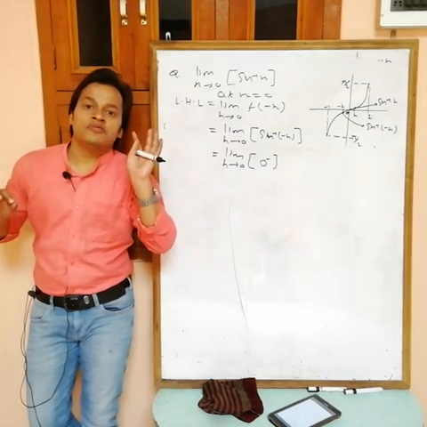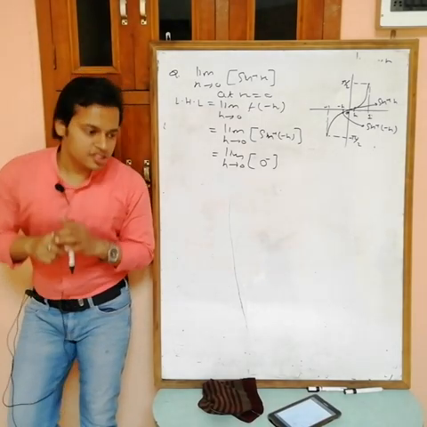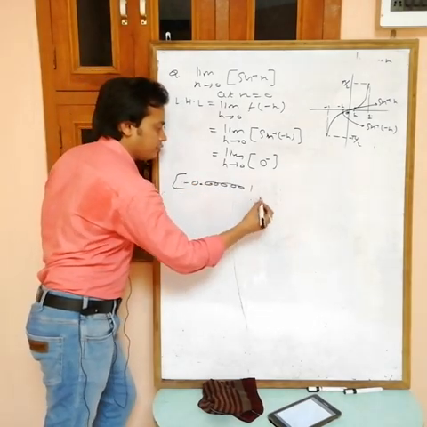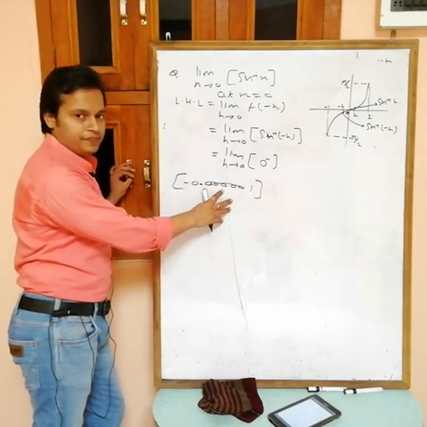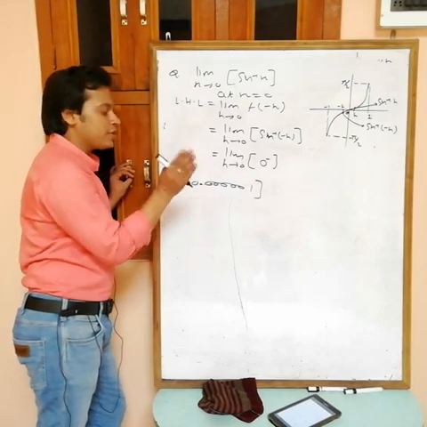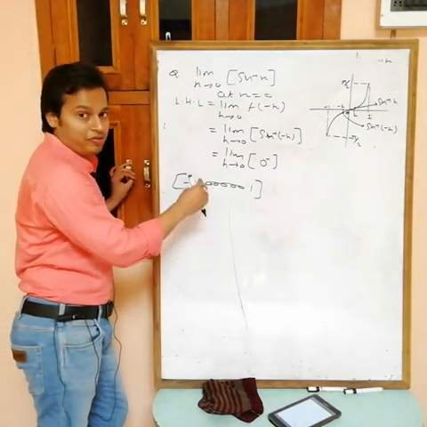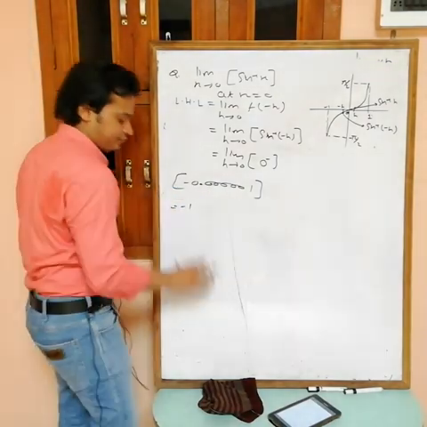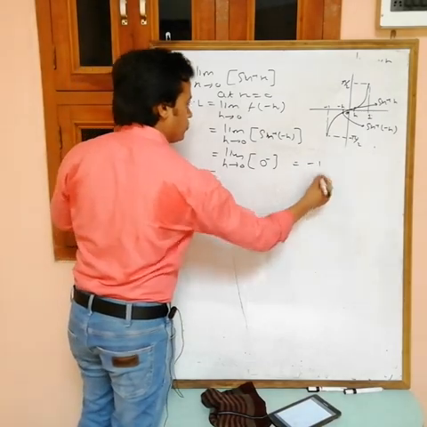Now choose any value just less than 0, suppose minus 0.000000001, then the greatest integer of this is minus 1, obviously. See, 0 minus, suppose this value is minus 0.00000 something. Now first, we want the greatest integer of this. This is not an integer, so you can't write this as the answer. Now find the integer just less than this, minus 1. You can't write 0 now, 0 is greater than this. We want an integer which is just less than this, so that is minus 1. So this is equal to minus 1.